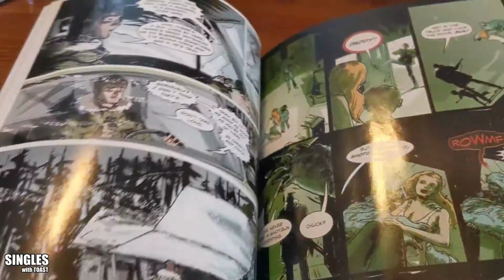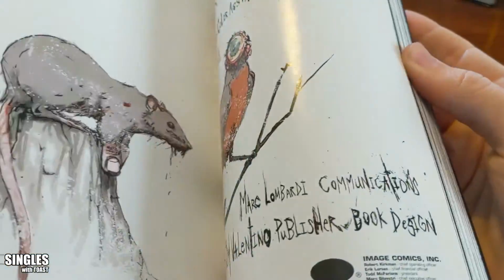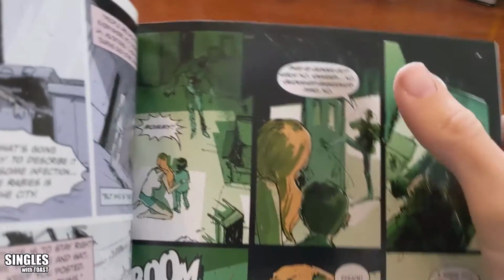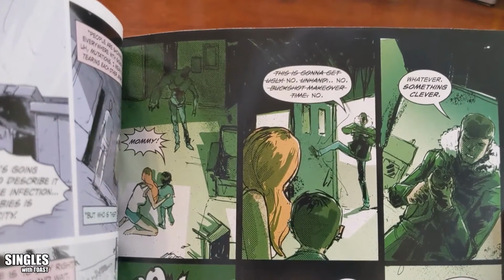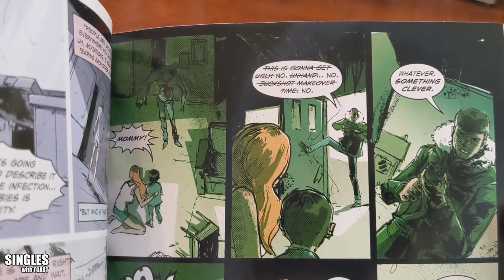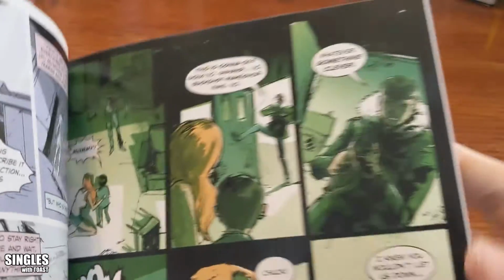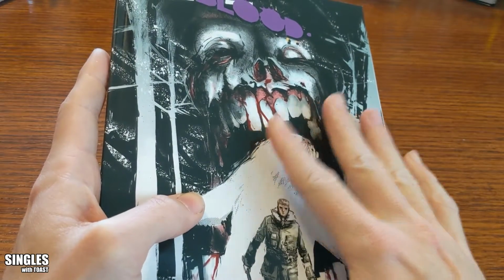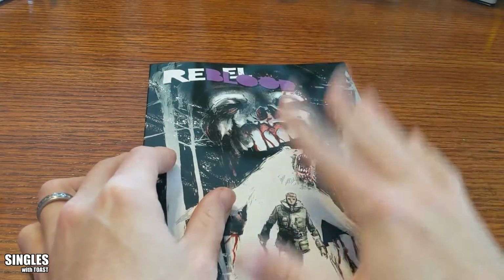It's a zombie book, but anytime there are these black borders, it shows what's happening in the main character's head. And you can see here, he's bursting into a room, and he's trying to figure out what he wants to say, and he's kind of scratching things out as he goes, and he says something clever. So there's a zombie storyline, and also we see glimpses of what's happening in the main character's head, and it's